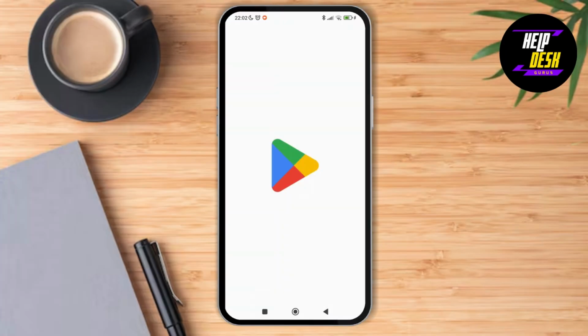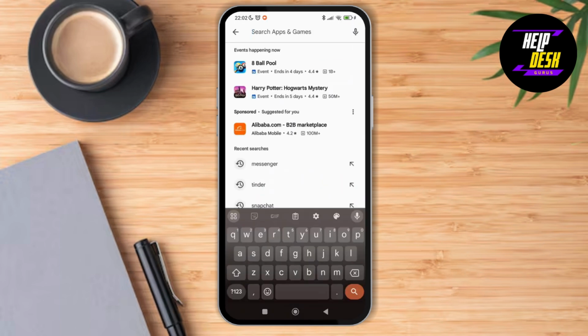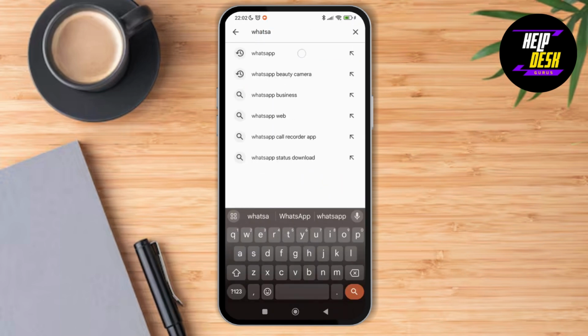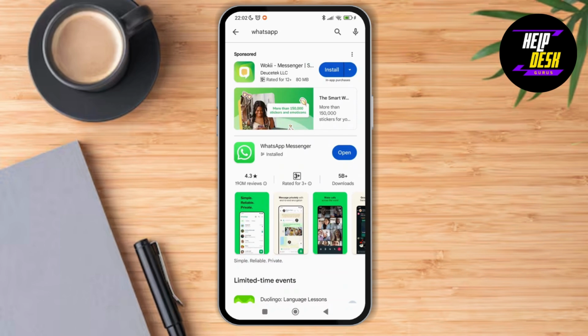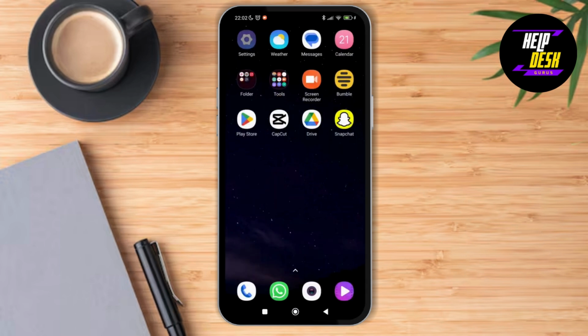Now first of all, go to the Play Store application on your device and on the search bar just search for WhatsApp application. Make sure it is updated to its latest version on your device. So as you can see, it is updated to its latest version on my device. So I can just go back and tap on the settings of the device